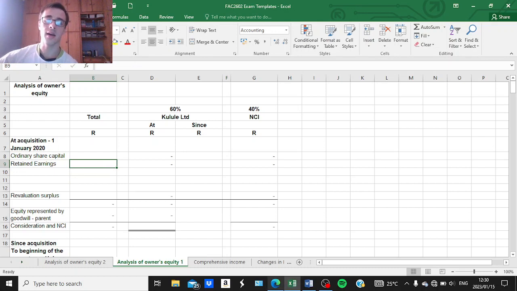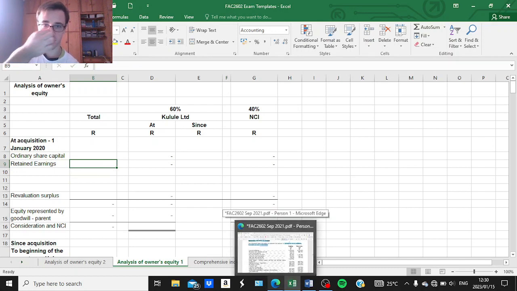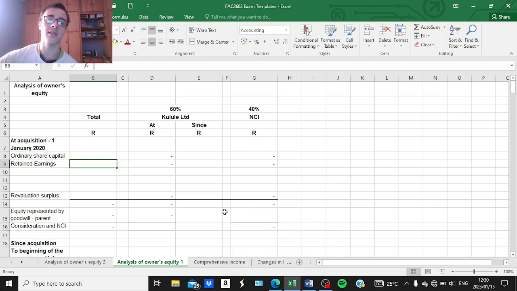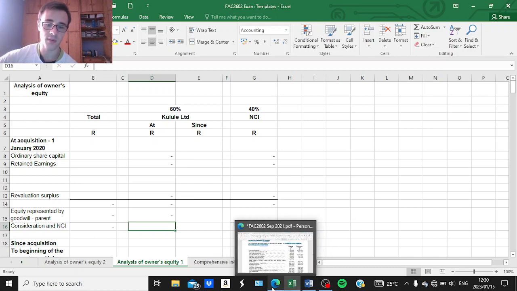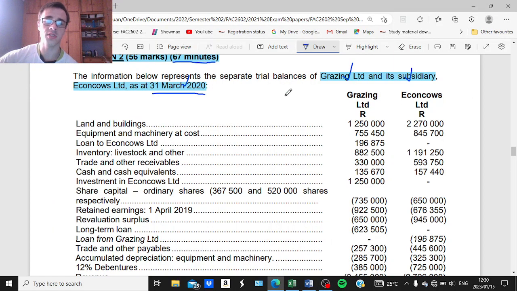Okay. And then the post-acquisition profit will form part of the group's profits for the current year and will thus not be eliminated. Whereas the pre-acquisition profit will eventually be eliminated because it forms part of the retained earnings balance at acquisition, which will be eliminated against owner's equity at the date of acquisition. It's very important that you understand those principles.